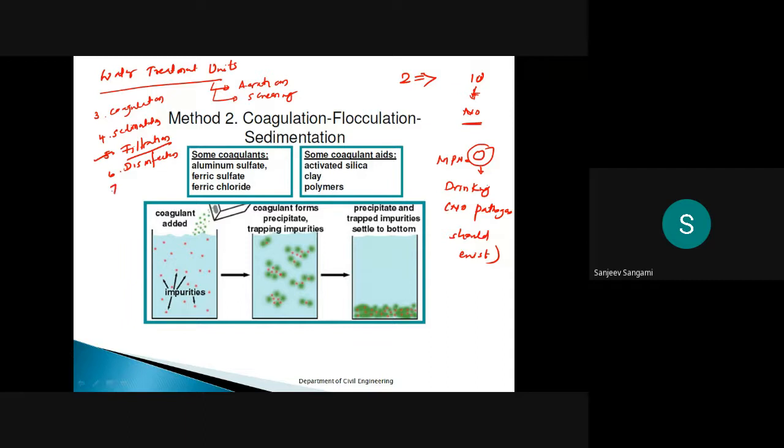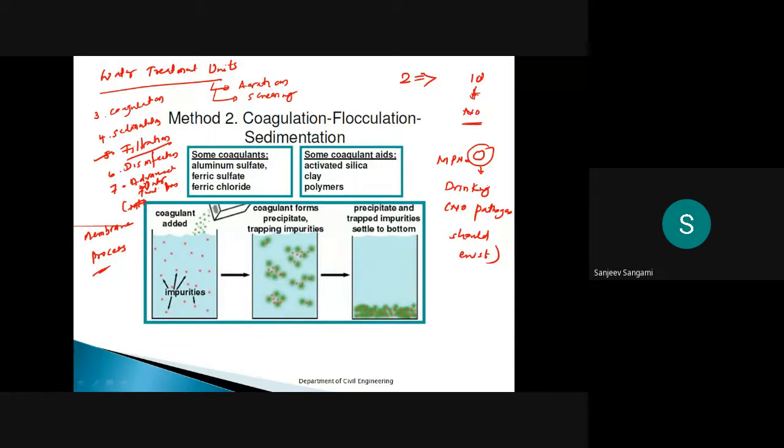Then we have to complete some of the advanced water treatment processes, where you can see some of the membrane processes. That we have to complete.